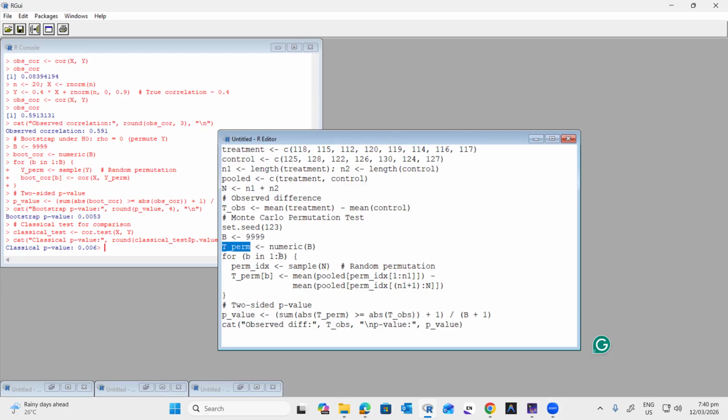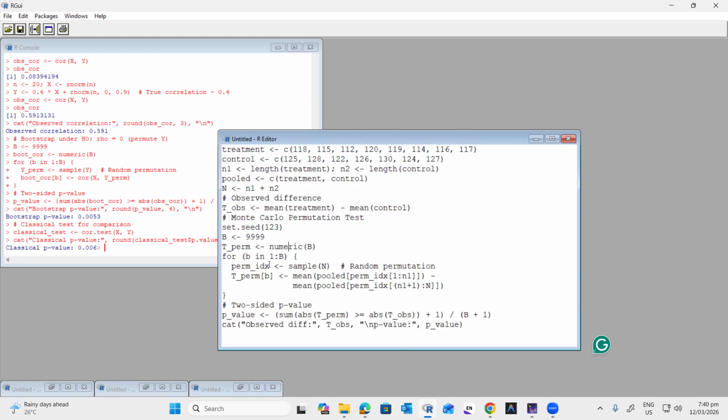It will be a null vector. After that, in perm underscore index, we are going to generate the sample